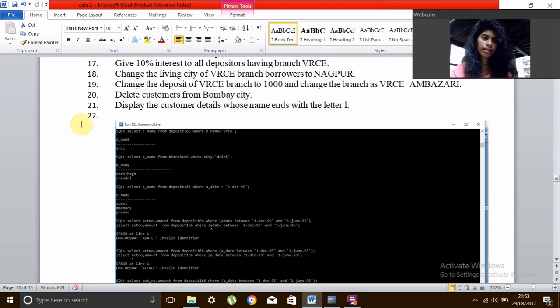And C name from the deposit where B name is equal to VRCE are the people. Those are Anil only. And B name from the branch where city is equal to Delhi. Those people are Keroba and Chandni. And C name,